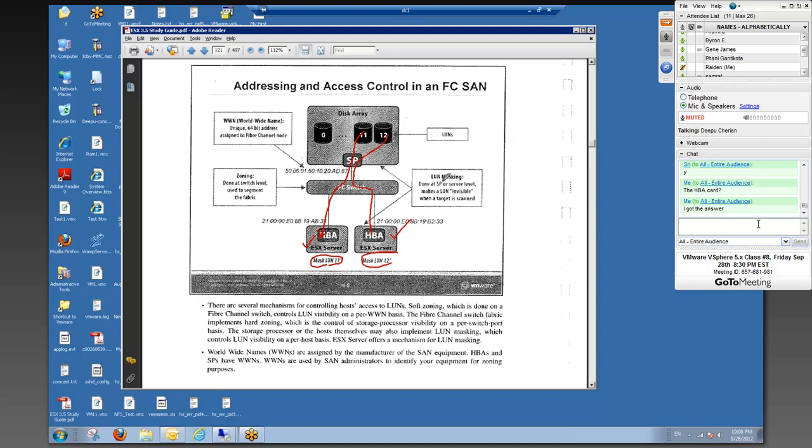So LUN masking is done at the SP level or the server level. It's typically done at the storage processor. So in the SAN system, the SAN administrator has an interface, a tool to do that. In that tool, he will actually say, okay, this LUN number 12 is given to this server. When he says it is given to this server, he is not giving the name of the server or anything. He will do some arrangements, and in this setting, in his tool, he will say